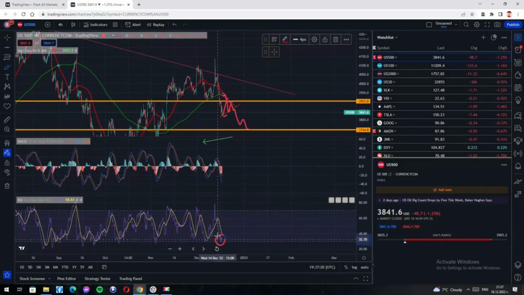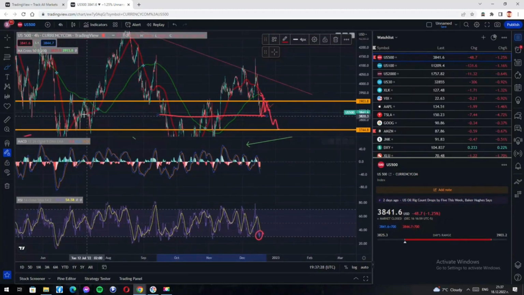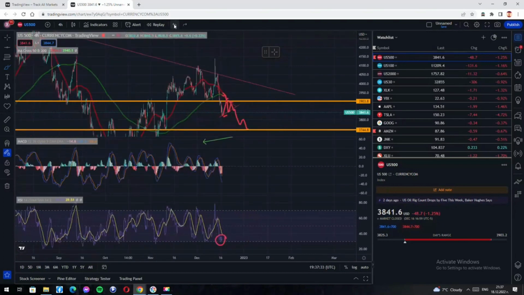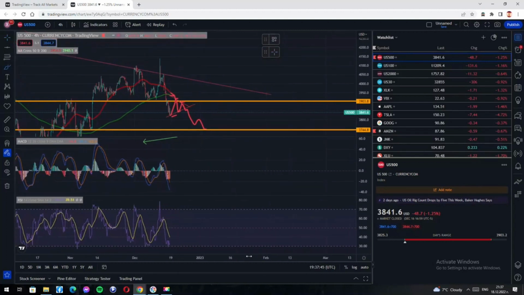we are very oversold on the RSI. Also here there is some support dating back from September, and more so back from July, May. This is an important level, and I believe that something like this will occur. So my trading plan for the week, I will get long around here, a day trade. That will be a day trade,